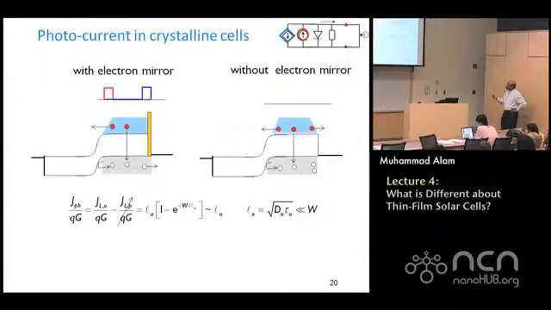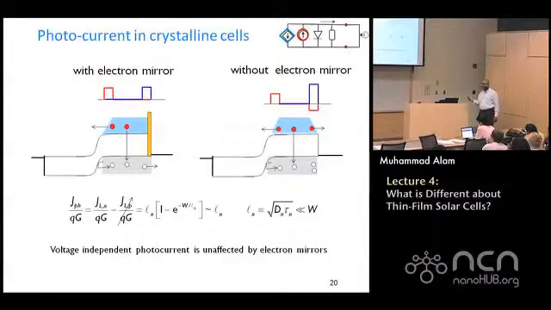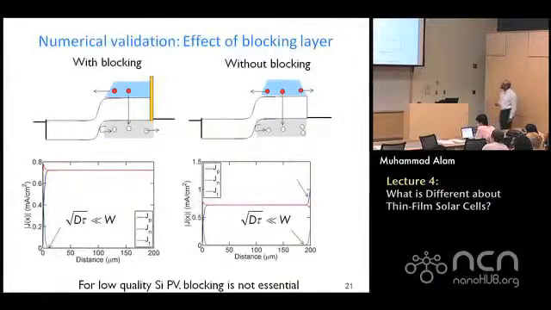So in one case, you see this is the electron current, the red one, and the blue one is the hole current. In the other case, this is the electron current through the right contact, and this is through the wrong contact, it's going the wrong way. But the holes will also escape in a larger number, and the total current will remain exactly the same. So this sounds, as I said, counterintuitive, but it will turn out that this is exactly consistent with